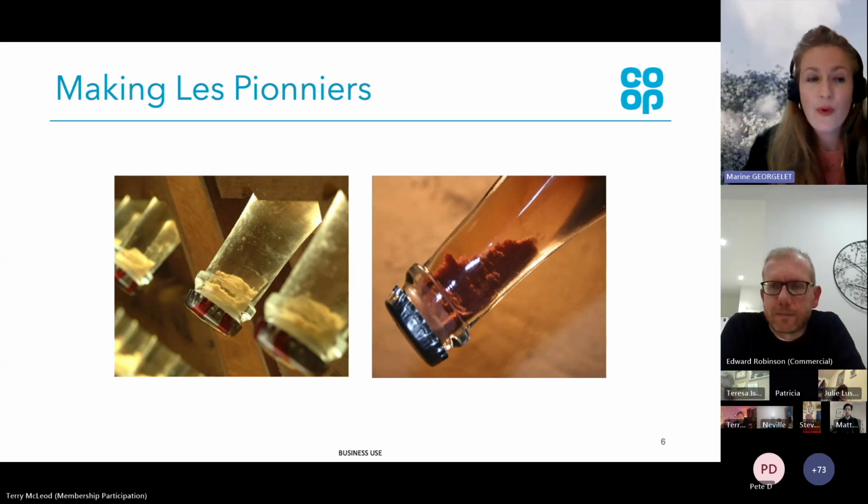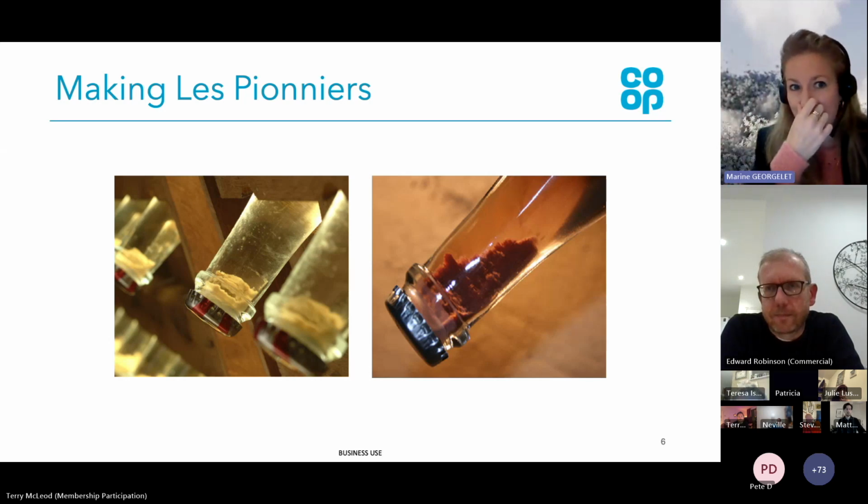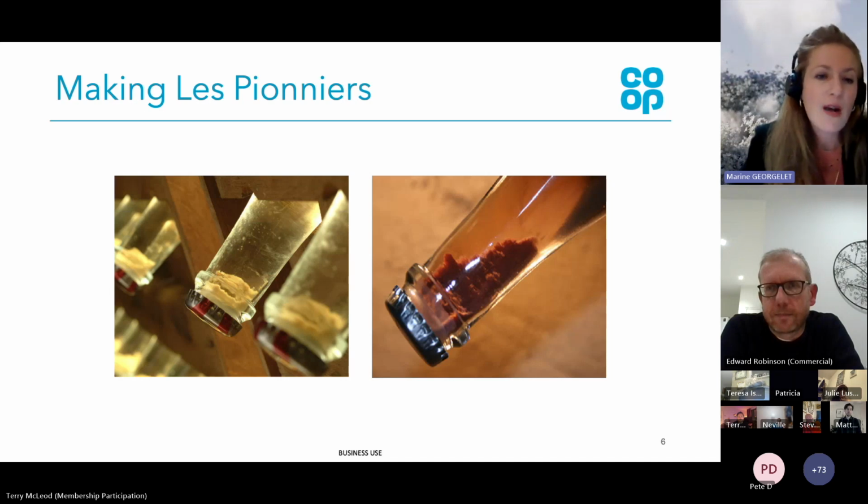brut. From 6 to 12 grams, we consider it to be brut. And then anywhere beyond that will be demi-sec. And then demi-sec can actually go even higher than that. But for us tonight, we are within the brut category, which is the most produced champagne in the